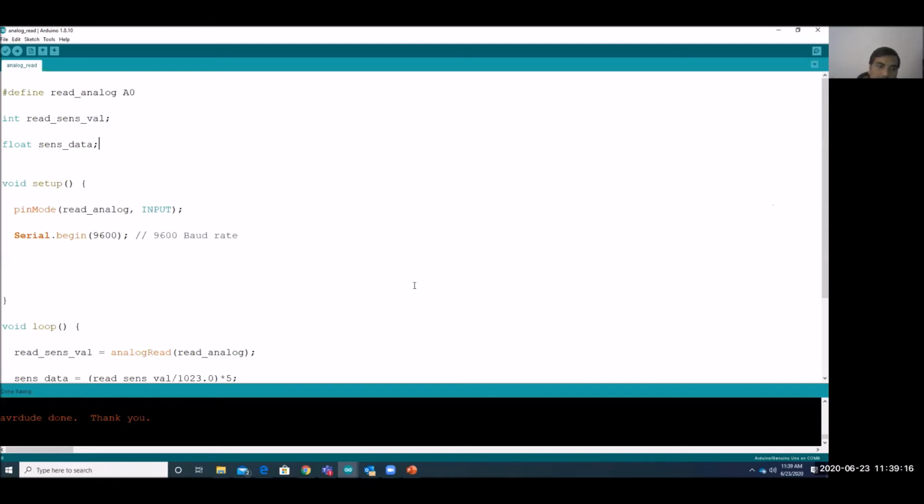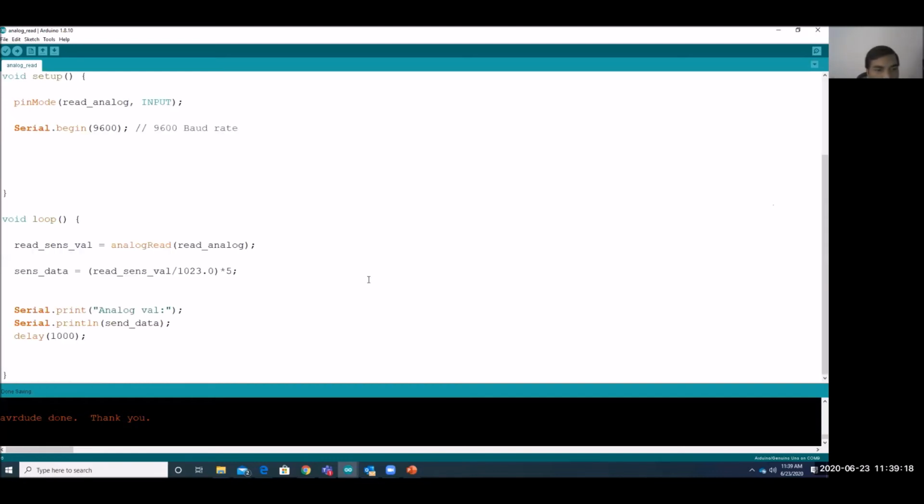Yeah, so as I told earlier, whatever value comes from the analog pin, the minimum will be 0 and the maximum will be 1023.